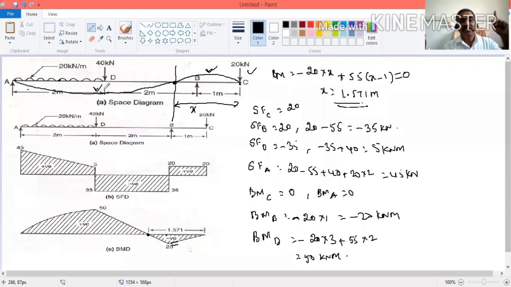We have discussed everything earlier. Why? Because we want to find the bending moment, and from that we want to say whether the beam is sagging or hogging. If it is sagging, the top side will be subjected to compression and the bottom side to tension. And in this beam, the top side will be subjected to tension and the bottom side to compression. All those things we can decide. That is what we discussed.